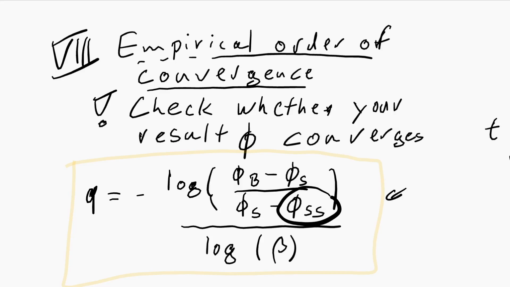So it's the scaled solution of the scaled solution, and both of them have to be scaled with beta. So if the grid spacing in phi s is half the one in phi b, then the grid spacing in phi ss would be 1/4 the grid spacing